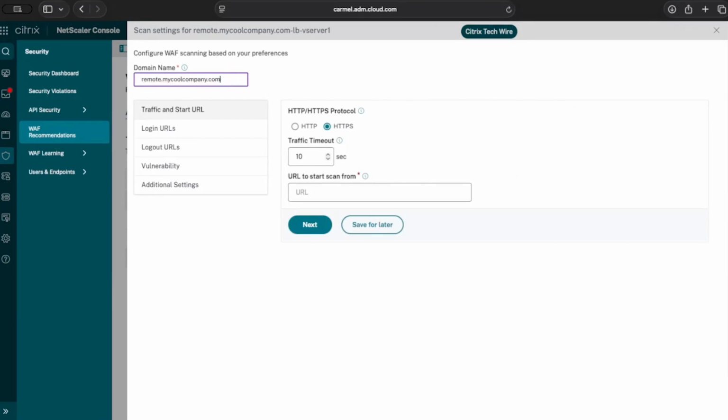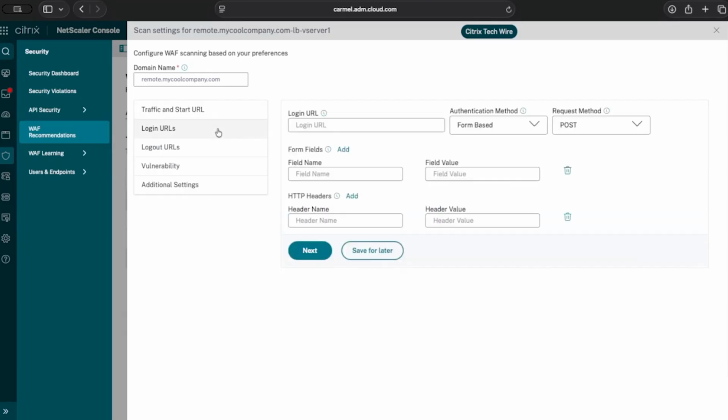Of course, that could be anything which is online. I'm going to set the starting URL to scan from. That's where this scanner is going to start looking here. I had a login page, so I'm going to explicitly give it that login page, and I have gone and opened up developer tools, and